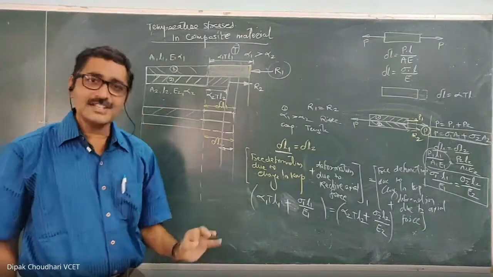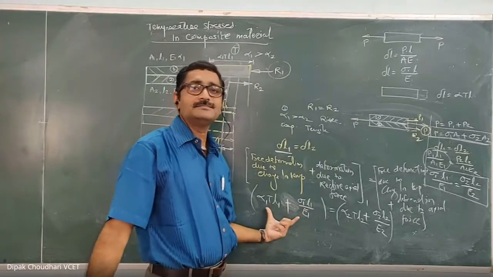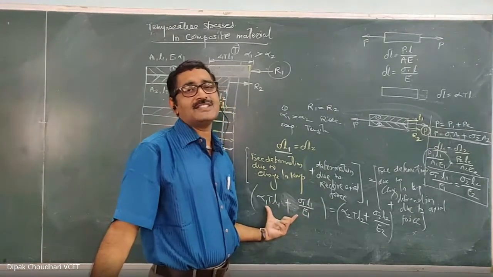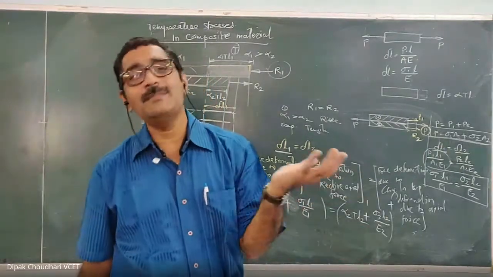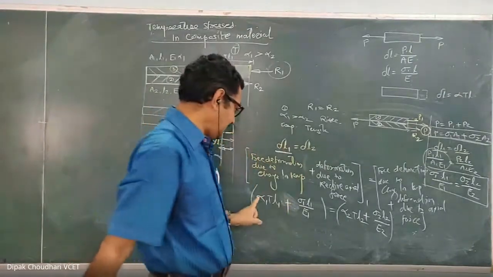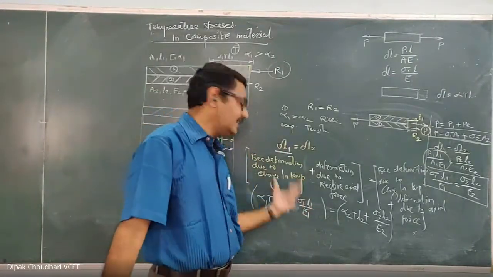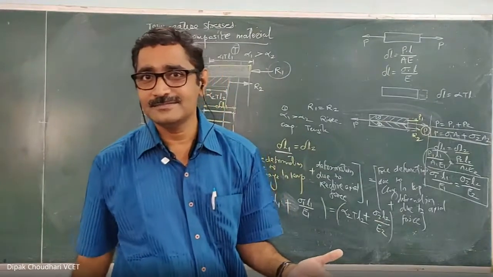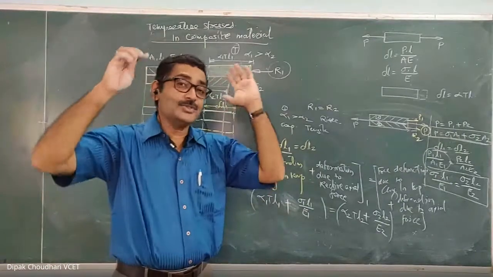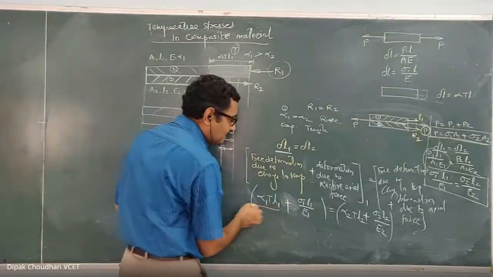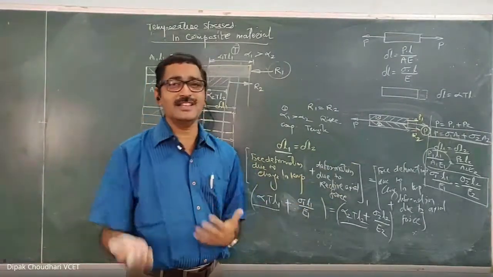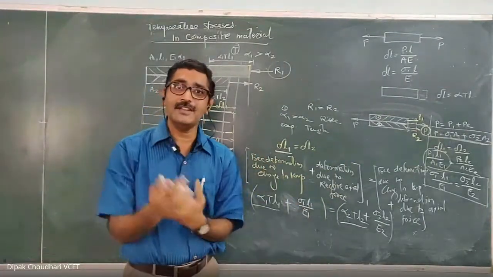And just remember, since it is a summation of the deformation, while taking the summation, sometimes there may be an increase in length, sometimes a decrease in length. So just remember, if there is an increase in length, take it positive. If there is a decrease in length, take it negative. That's all. When there is an increase or decrease in length, you have to think logically. This first part is very simple. If there is a rise in temperature, it will be an increase in length, and this free deformation will be the free elongation.